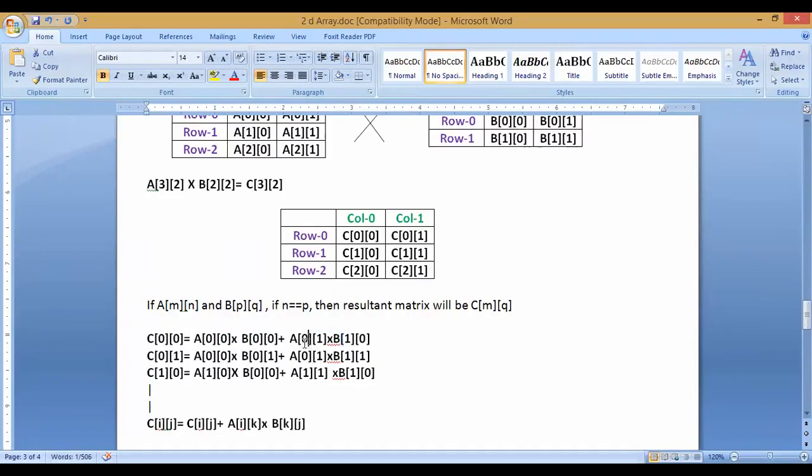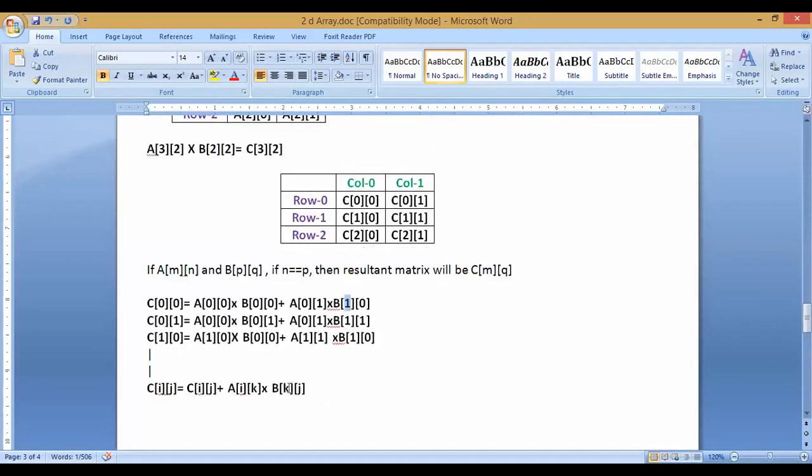So outer dimensions may be different, but inner dimensions, that is column of A matrix and row of B matrix, are always the same. So in general, I can write here Cij is equal to Cij plus Aik into Bkj. This is the formula that we have to apply.